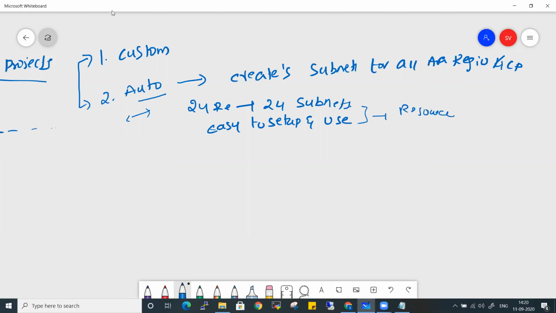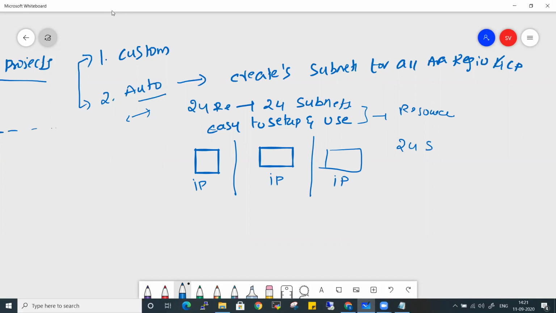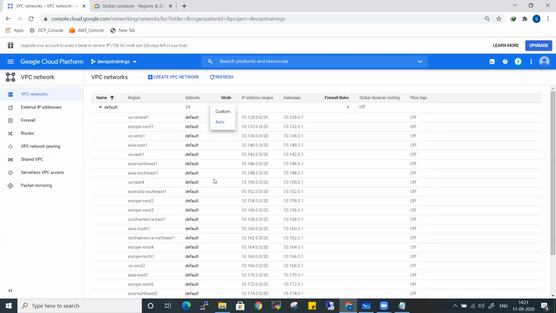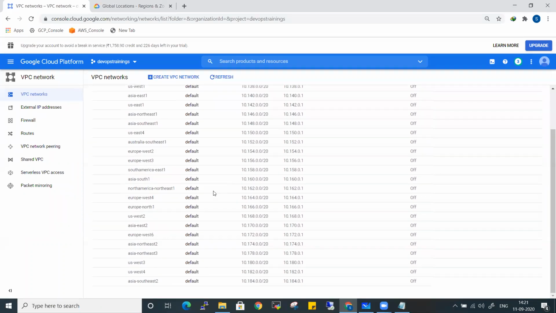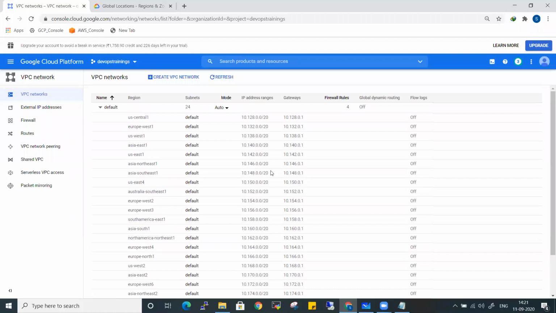Okay, and the other thing is that there will be predefined IPs. For example, this is one subnet and this is another subnet and this is one more subnet. What auto mode does is it creates an IP range for this one which is different from the IP range of this and the other IP range of this. That means when I say 24 subnets are getting created, it creates addresses differently so that they won't overlap with each other. Okay, let's see here. If you see here, there are 24 IP subnets, right? And if you see the IP ranges, none of them collide with other subnets. They are completely different, so that they can internally talk with each other.